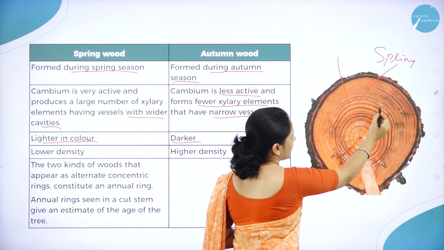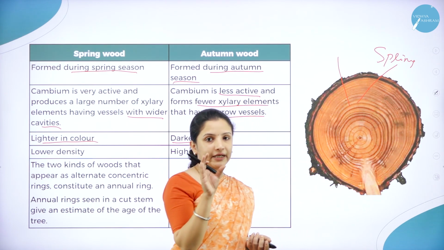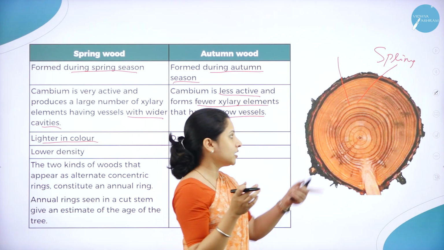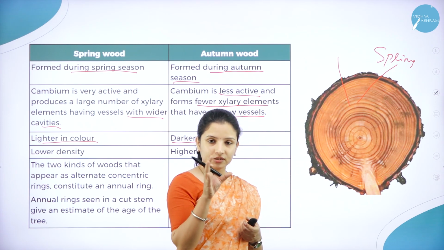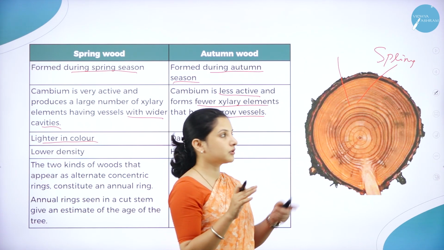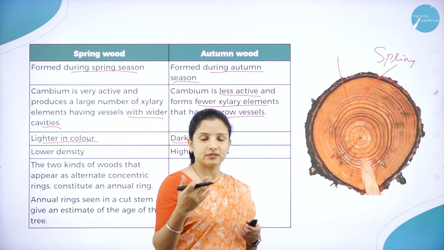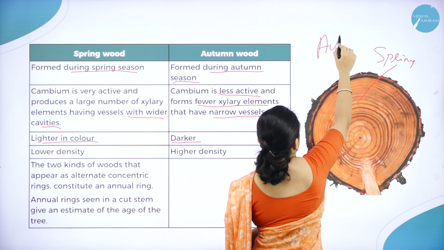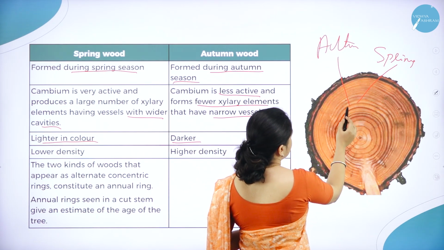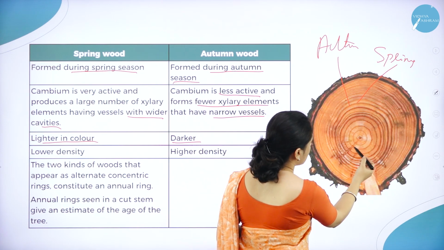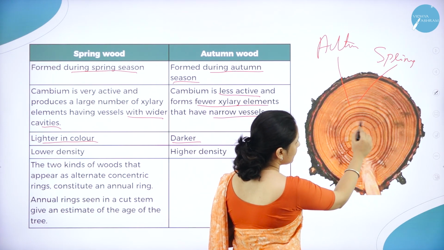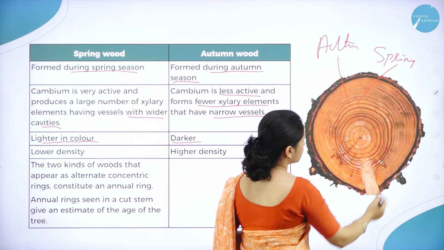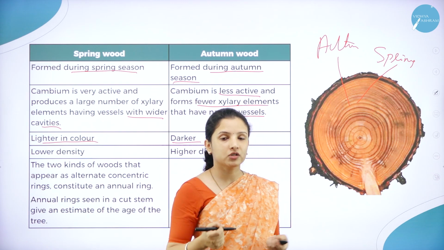So why is it very thin? Because here few xylem elements are present, because the cambium is not that active. But here the spring wood is broader, light in color and broader, because more xylem elements are present and the vessels are broader. So next we have the autumn wood. Autumn wood is usually darker in color, and it is easy to count the dark rings, right? So by counting the number of rings that are formed, the age of the tree can be guessed.